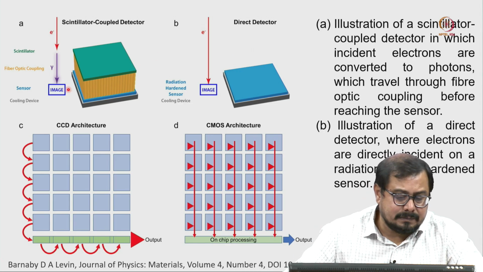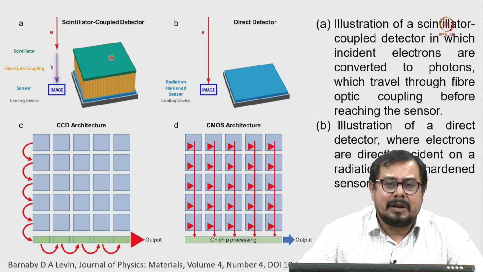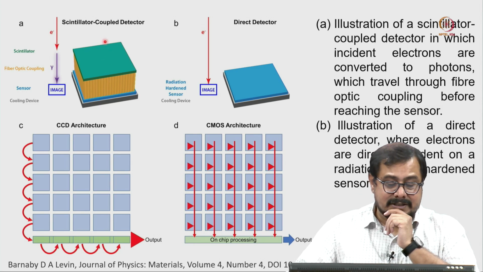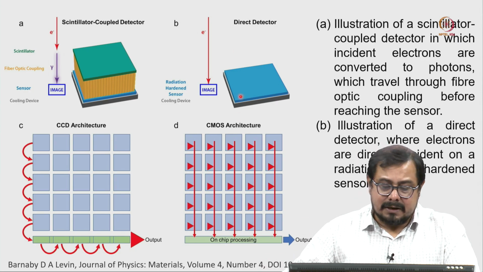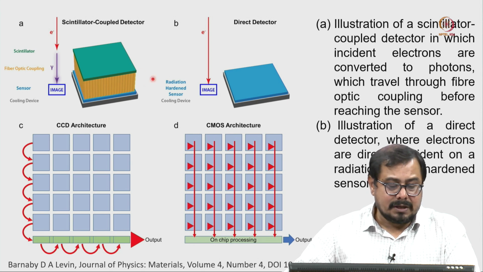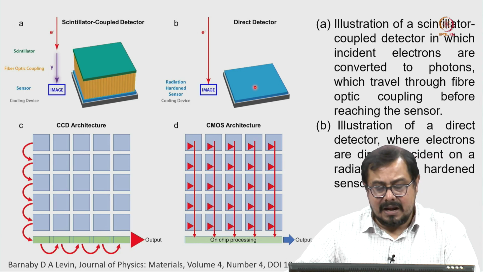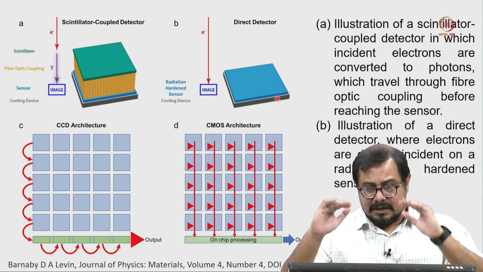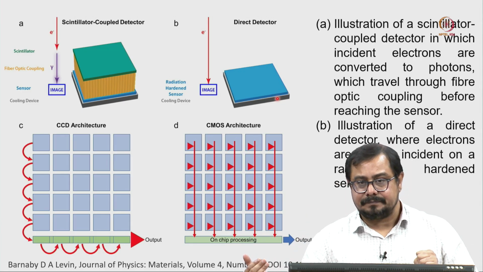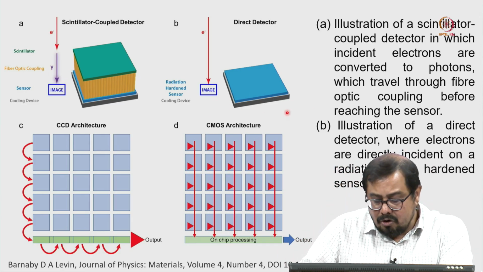We do not need the fiber optics part at all. In the scintillator case, the electron hits the sensor scintillator and is converted, and the signal travels a long distance. How that happens I am going to explain in the next slide. But in this particular case, the fiber optics cables are not there, so it does not need to travel. It hits the scintillator and is directly recorded. So the distance is small, it is not generating that much noise, and it records very precisely, and that is the reason the readout or output is very fast.